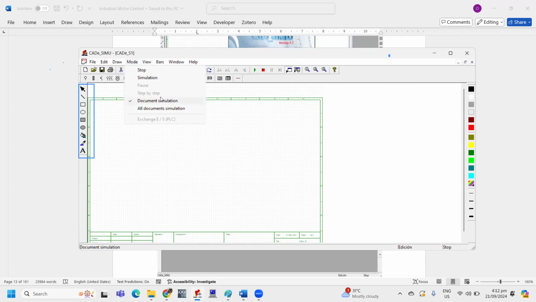If you want to simulate or stop simulate. All document simulation: if, for example, five documents are open or all documents are simulated, you can also stop the simulation.